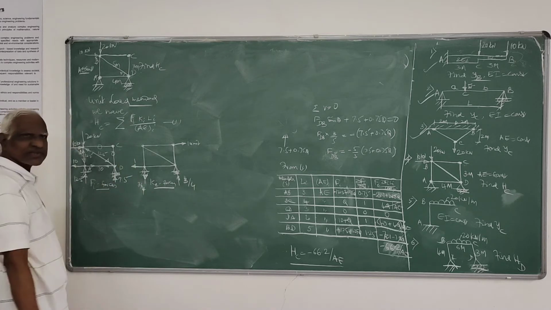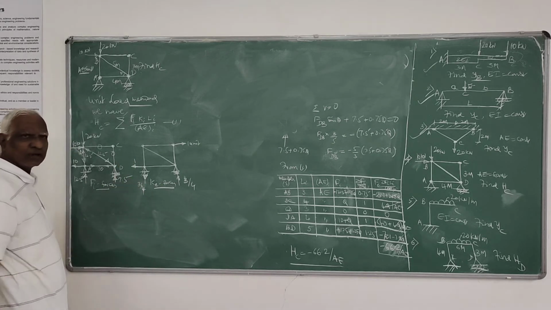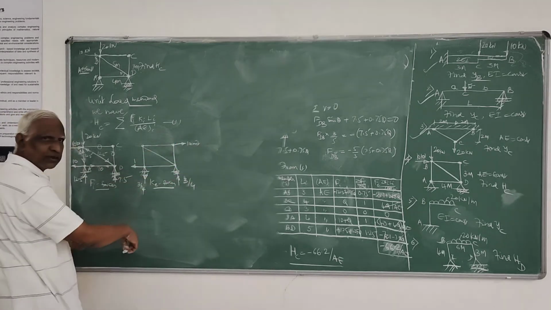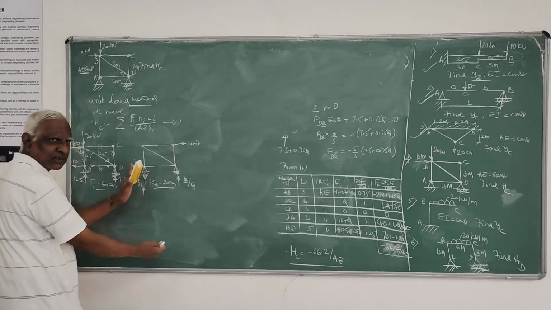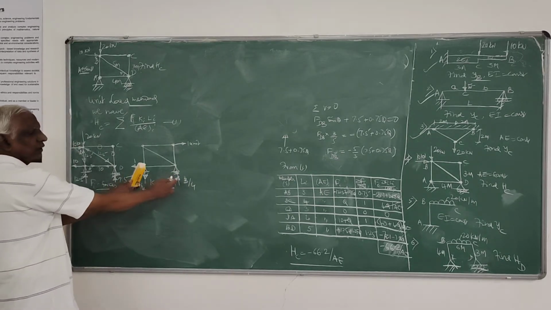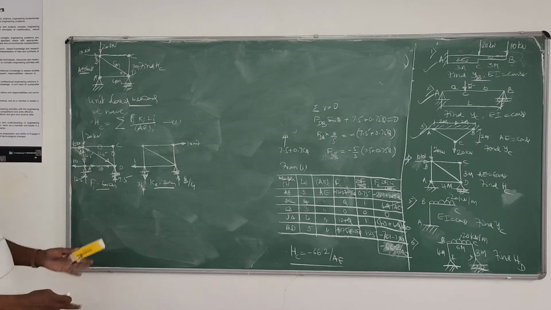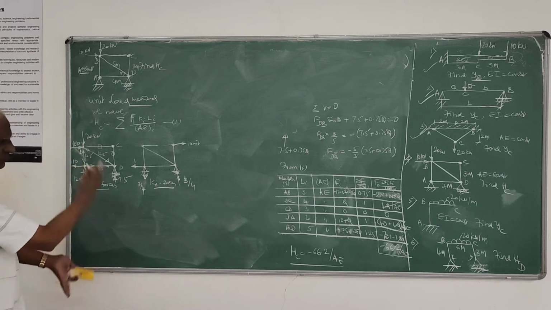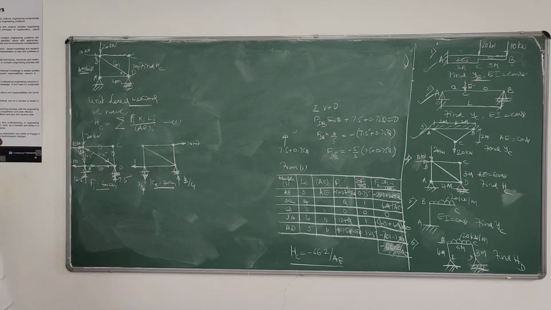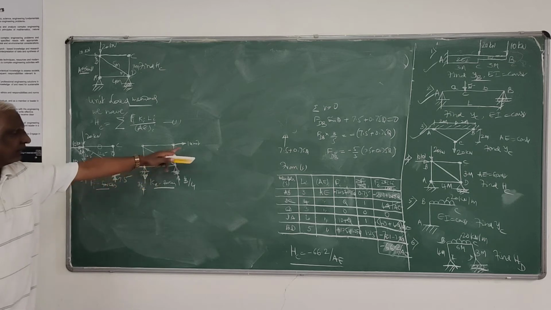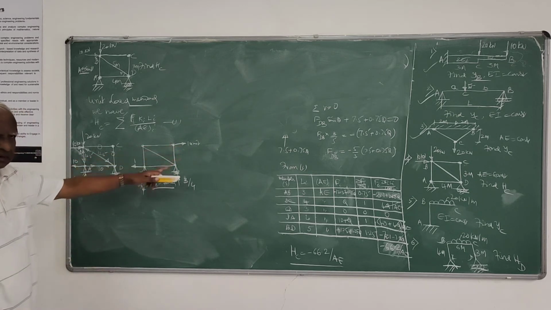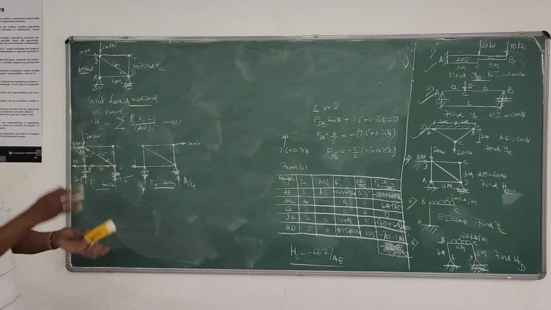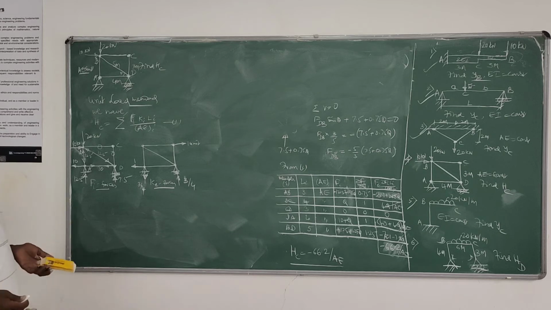Because sigma V has to be 0. So this minus has to be plus down, 1 plus 1 minus. Yes. Otherwise also you can see the applied moment is 1 into 3. So this also, due to this vertical reaction, is 3 by 4 into 4, 3. Yes. So it will be balanced. Sigma M equals 0, sigma H equals 0, sigma V equals 0. Perfectly in equilibrium. You have to be careful. Whenever there is either a moment or a horizontal load, these reactions will not always be vertical. It will be one up, another down. That you have to be careful about.